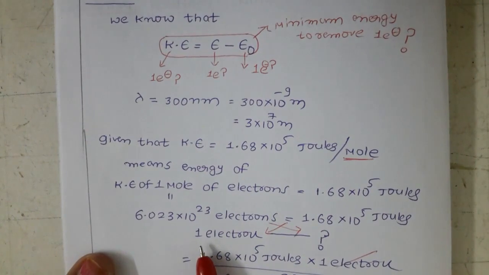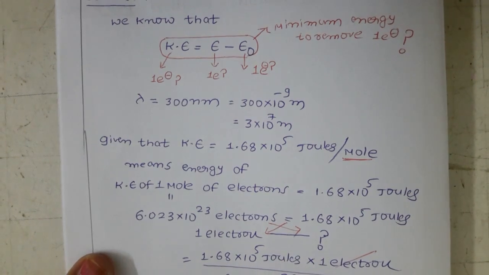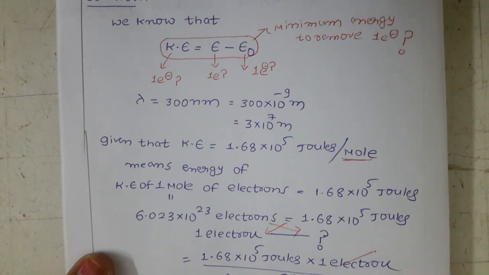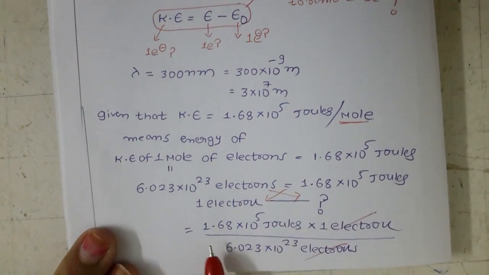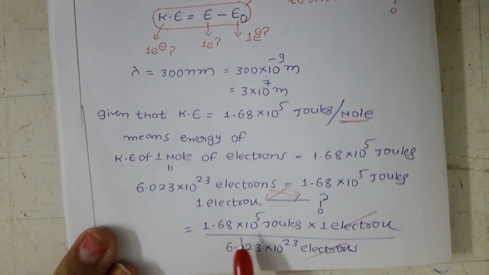So you can calculate for 1 electron how much. If you go with the cross multiplication, you know very well, for example, for 12 bananas, 60 rupees, then for one banana, how much? Simply we can calculate. So what happened here? If you go for the cross multiplication, 1.68 into 10 to the power of 5 joules